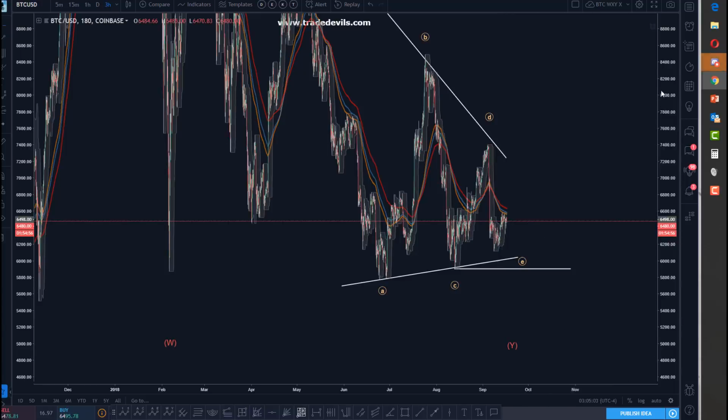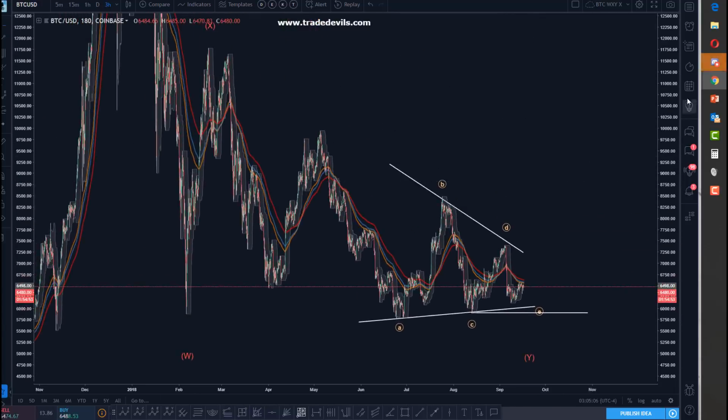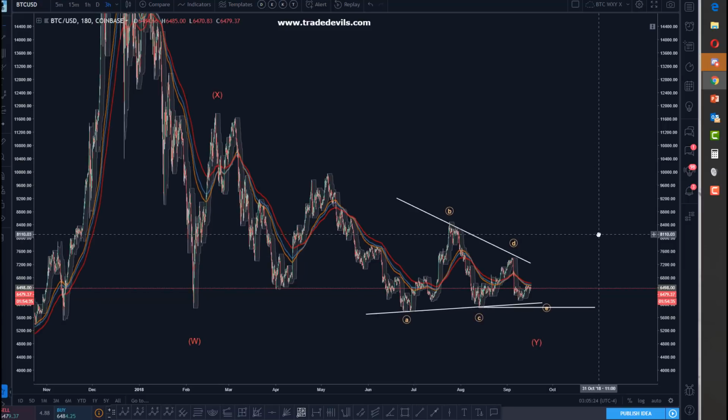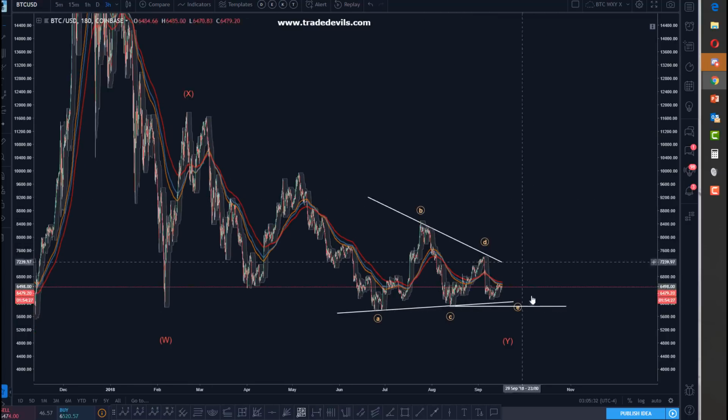So I don't really buy this as the likely triangle that's going on. However, it is absolutely a credible count. I don't like the huge A. I don't like the E being so damn close to the C. I don't like the personality of what's going on in the markets to suggest that we're near the end of it. And if it's a triangle Y, then we don't have an X or a Z. The Y can only be in two places. It can be in the X wave, or it can be in the Y itself. Penultimate or ultimate position. So I don't like this option.